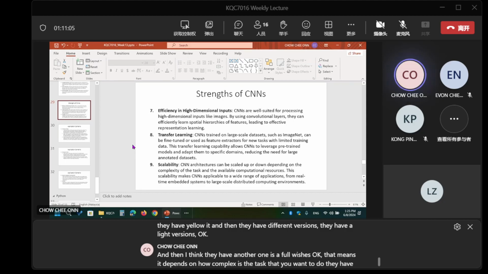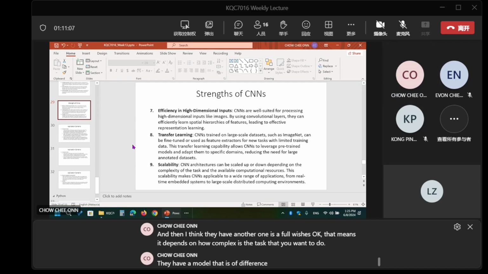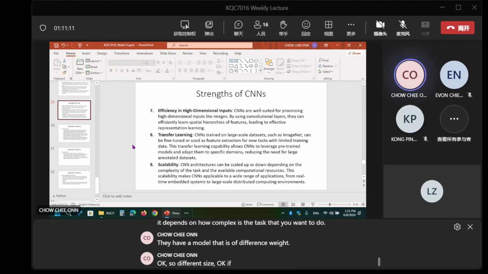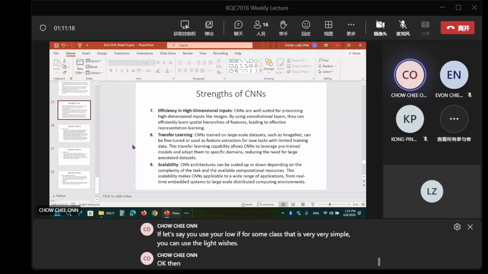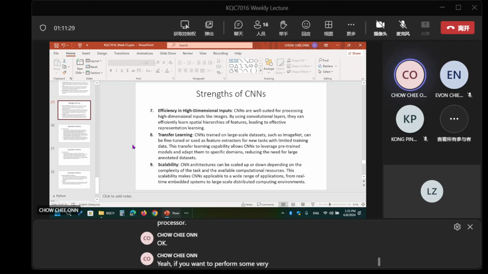They have models of different weight and size. If you use YOLOv8 for a very simple task, you can use the light version, and then you can deploy it easily on a very low-end processor. If you want to perform very challenging tasks that require high accuracy, you may go for the full version of YOLO.